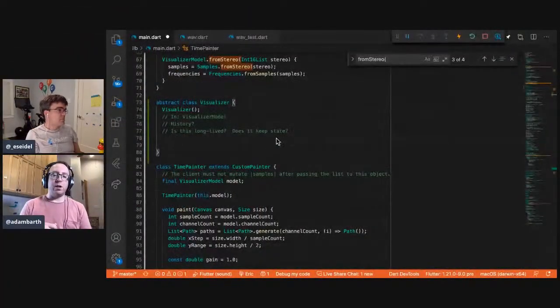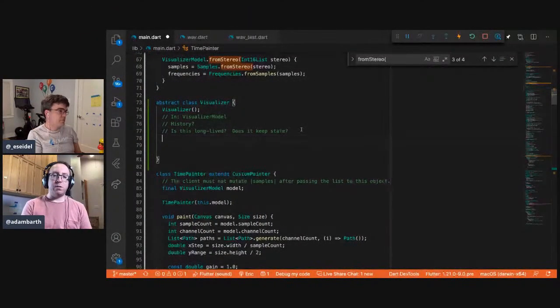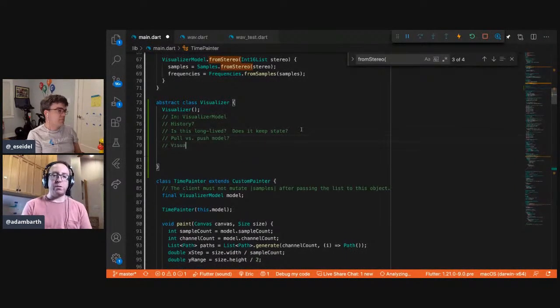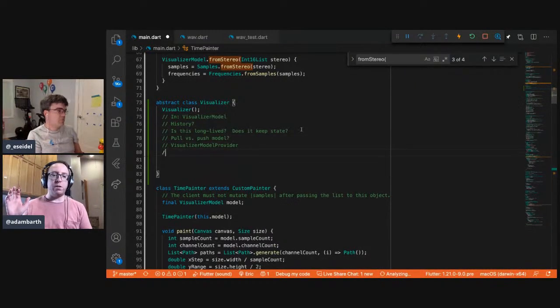So I think it might make sense, for example, to have, what do we call the model? Visualizer model provider. Then when you construct the visualizer, you say, okay, here's your model provider, and here's what time the scrubber is at. You give me a widget, and then it can go talk to its provider to get whatever data it wants from anywhere in the file in order to draw the picture for that time index. Makes sense.